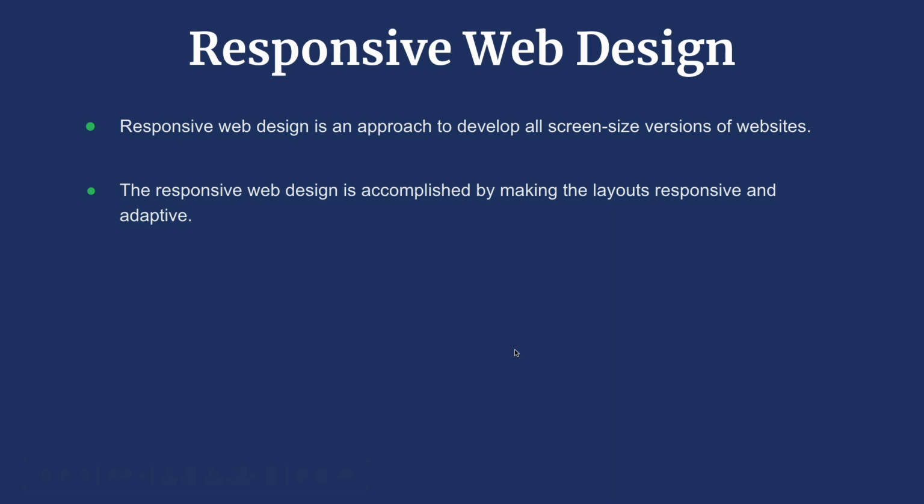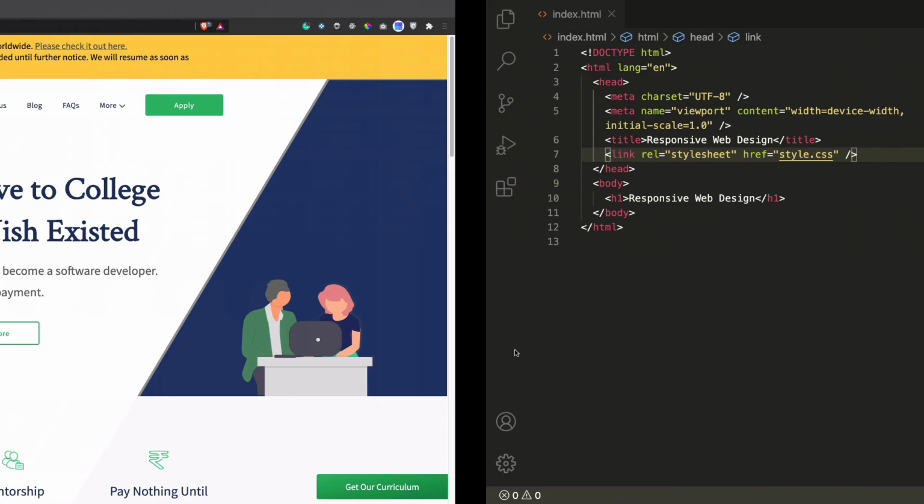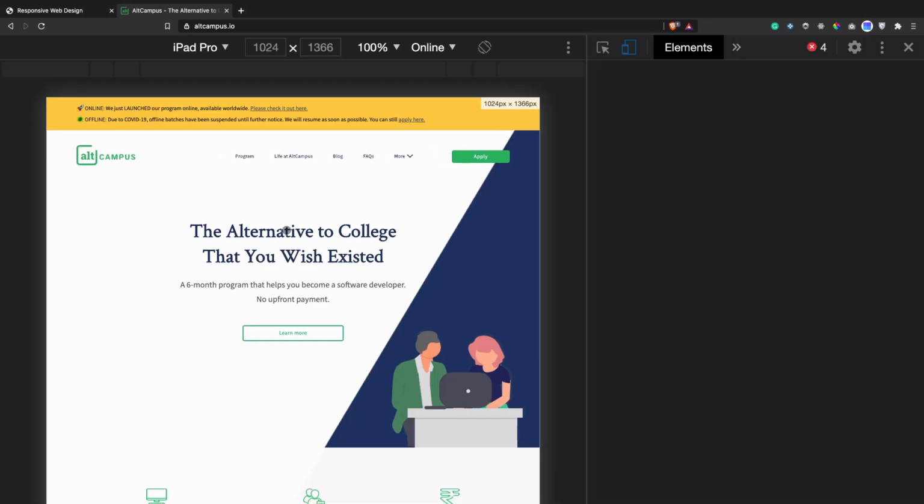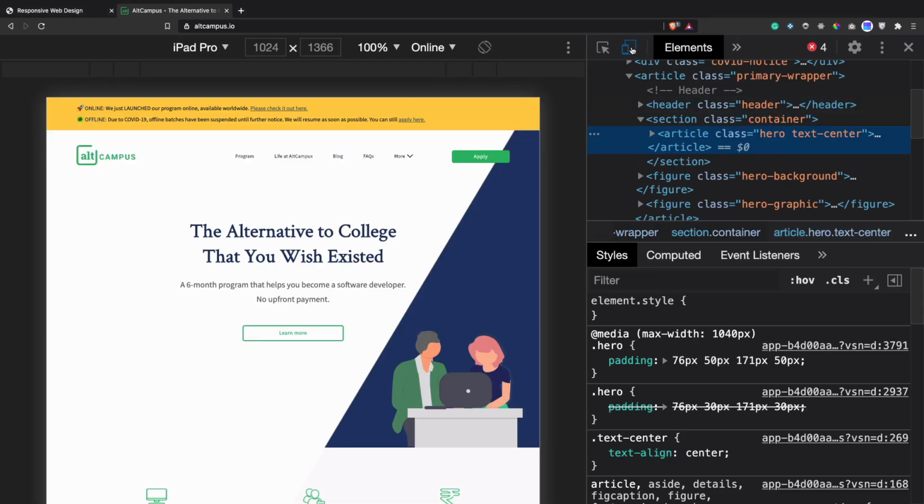For example, let's check out a website. This is the All Campus website. If you check out this website on any screen devices, you will find that this website will be responsive on each and every screen size. Let's check out. To check whether a website is responsive or not, you can inspect the page, and when the developer tools open, you get an option here on the left.